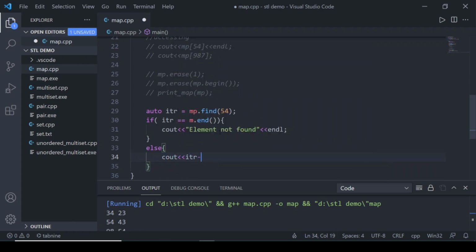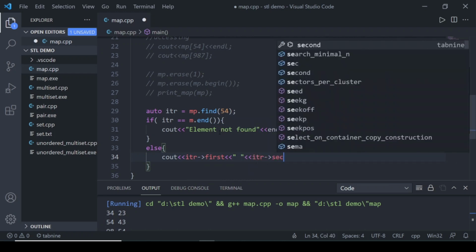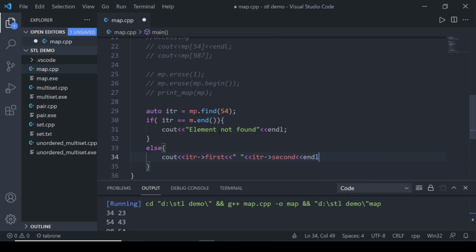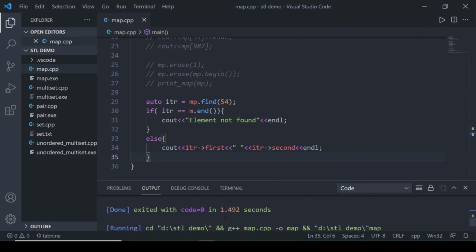So we can use .first and itr, sorry, arrow, not dot, because we are accessing using the iterator. So this is how we can see the element.